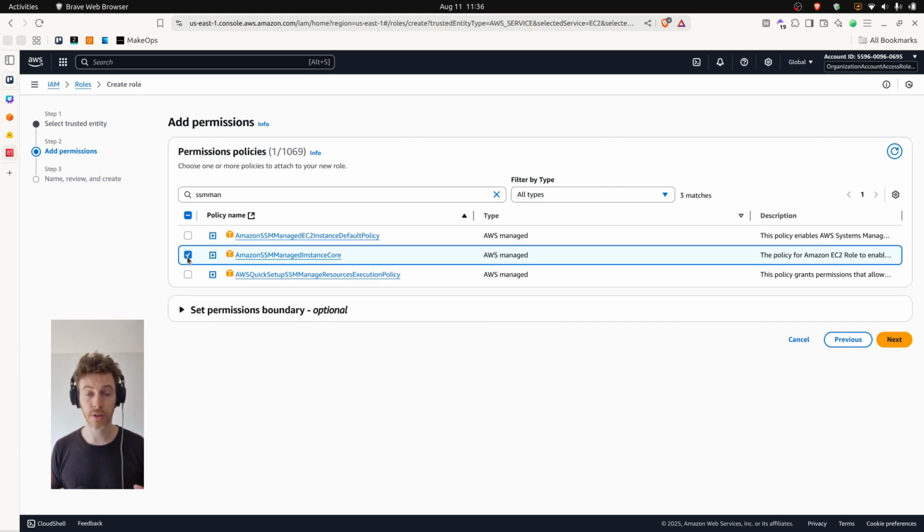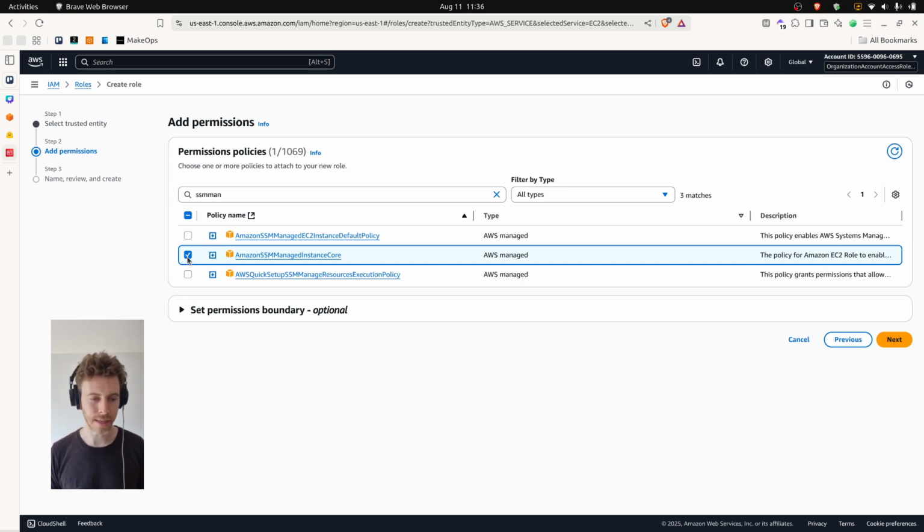So this is going to allow us to connect to our instance from the AWS console. The console has a really cool feature that allows you to use SSM, which is basically like a systems manager, to connect to your instance without having to expose a port. So this is a little bit of a more secure way to connect to instances. And it's also a bit more convenient because the console has it built in, so you can quite easily connect